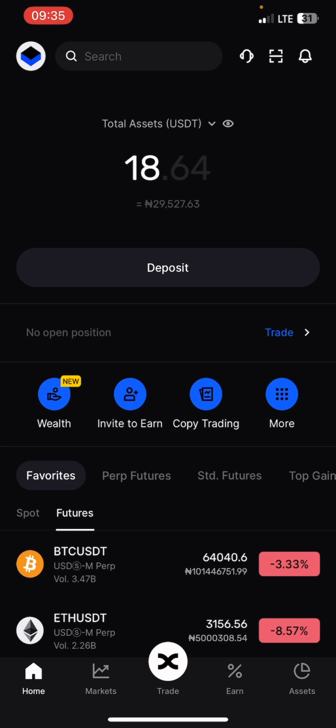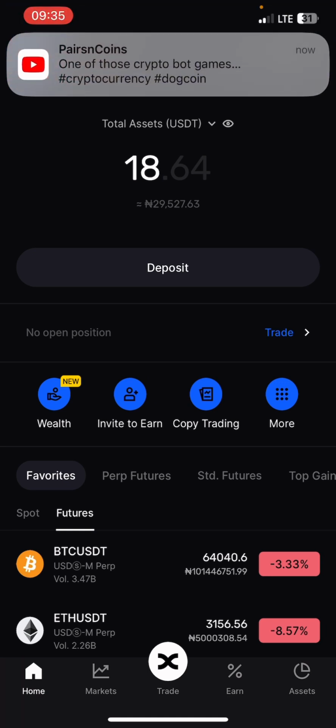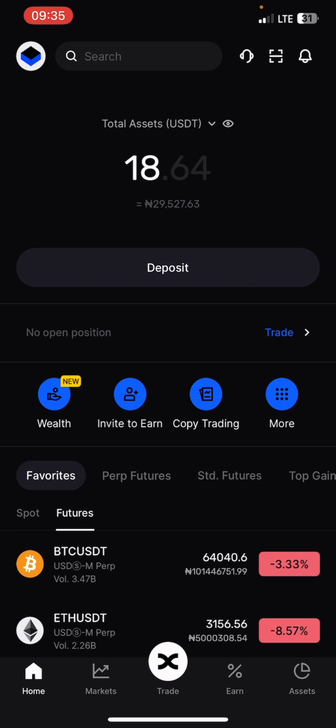There could be a point in time whereby there could be one or two losses. You understand? And of course, the next trade should be able to recover the losses. So most times, if you don't follow the necessary risk management, you might feel like you should not trade.